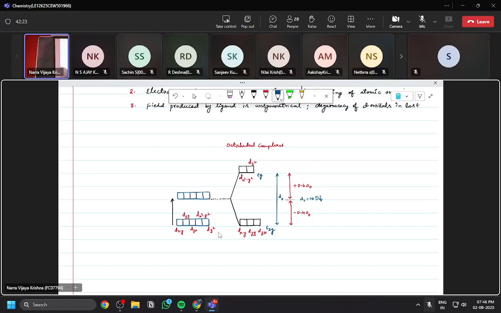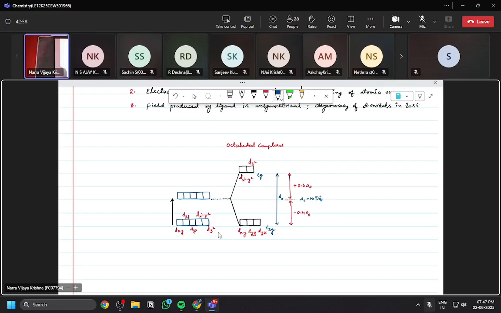We made one assumption. When that electron is present at the surface, its energy is 0. When it is going inside, its energy decreases. So when it is in the first orbit, it has lost an energy of minus 13.6 electron volts. We don't know the actual energy of the electron there. Whatever it is, its energy is minus 13.6 electron volts compared to the electron present on the surface